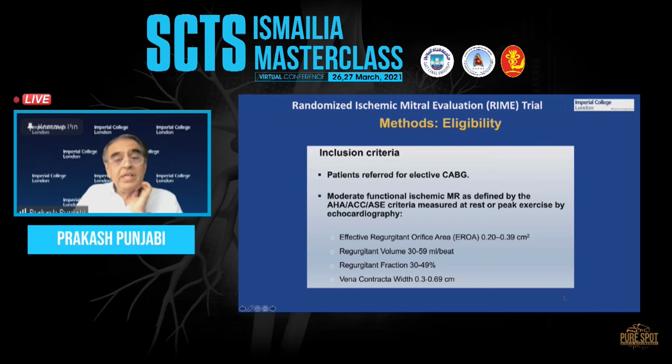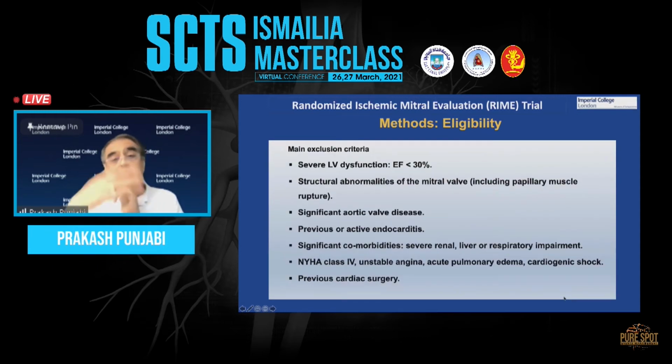Patients referred for CABG must have moderate functional MR. And how do you define that? By an ERO on echo of 0.2 to 0.39, regurgitant volume more than 30, regurgitant fraction more than 30, and vena contracta more than 0.3. Exclusion, of course, there were certain exclusions because the idea was to try and see whether